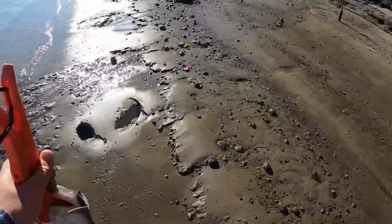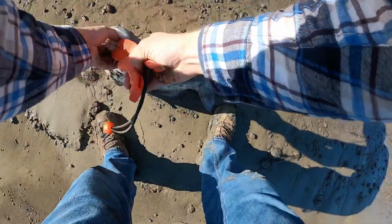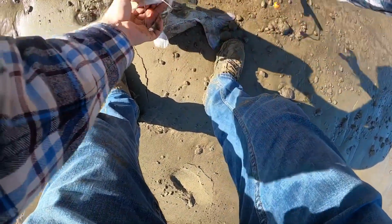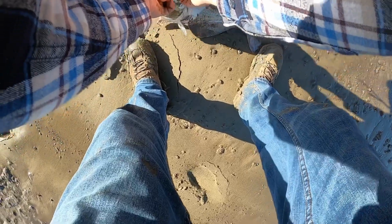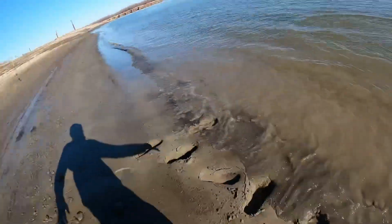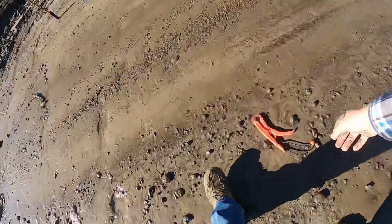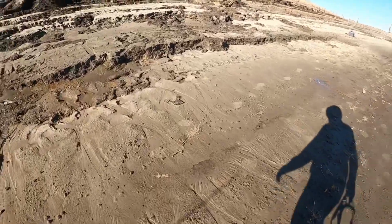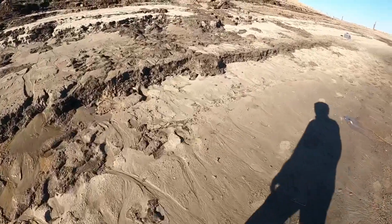Releasing these guys is just a bit tricky for me. I should have worn my boots, but I didn't. My waterproof boots, the ones that go up to like my knees, but this ain't gonna be the most graceful release, but just gonna kind of give him a throw. Oh. And he's off. If you can be gentle with the fish, I mean you should, but honestly these blue cats are so hard. If you chuck them, it's not the worst thing that can happen, so I wouldn't spend too much time thinking